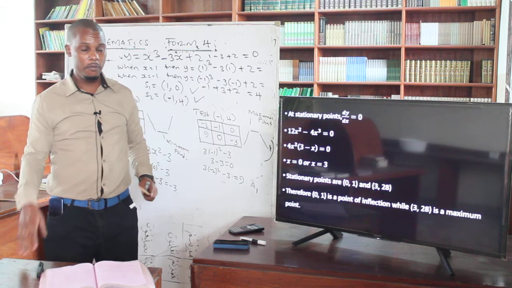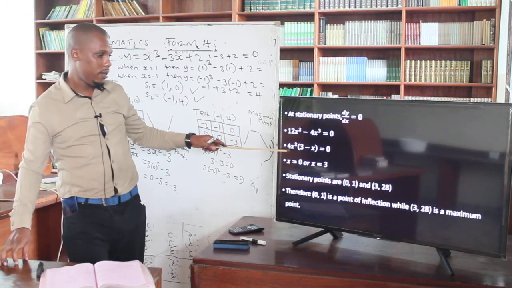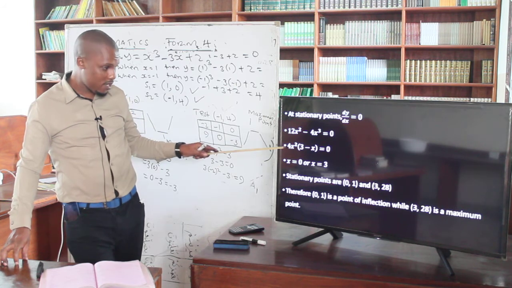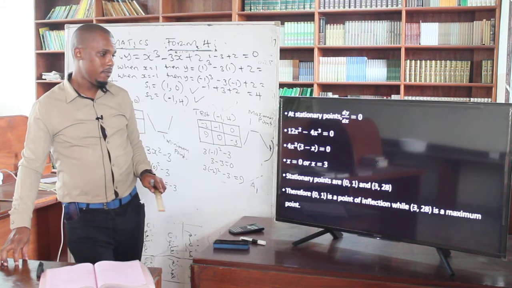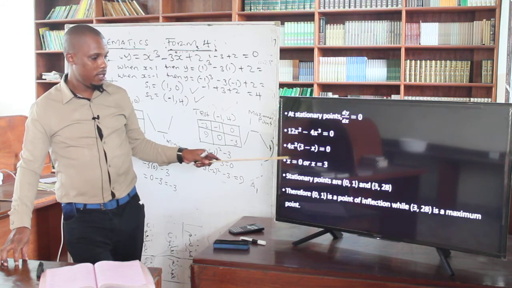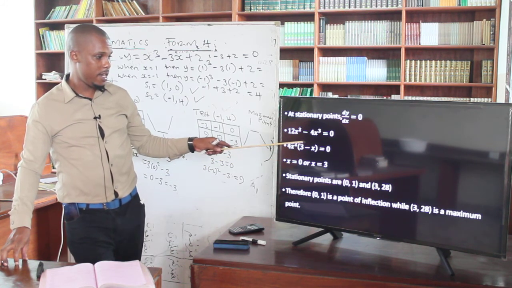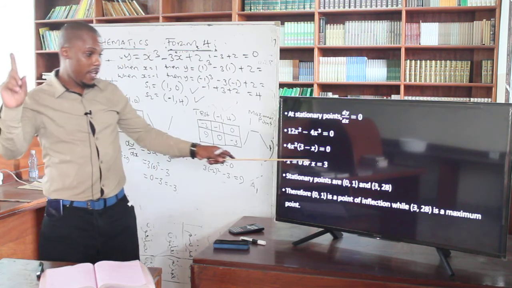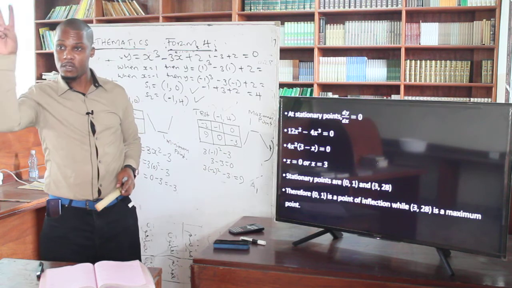So factor with the common factor, you can see it's 4x squared times (3 minus x) equals 0. So 4x squared is equal to 0. Remember here, divide by 4. So x squared gives us that x is equal to 0. Then 3 minus x equals 0, so x is equal to 3. So you have two values of x, so you must also have two values for y.